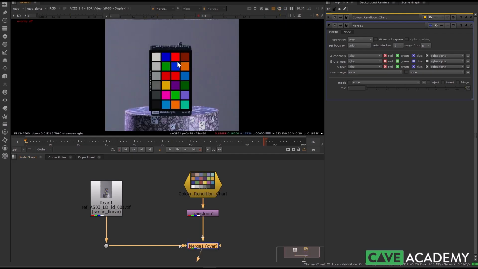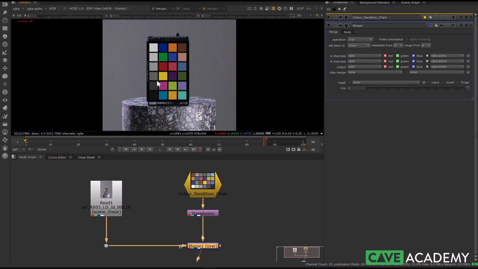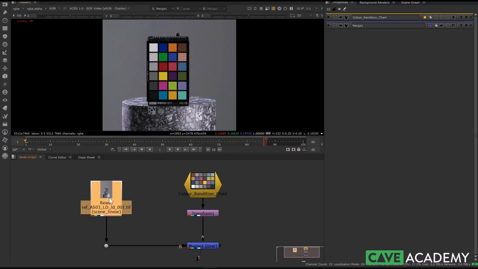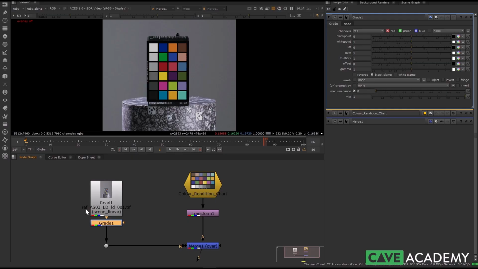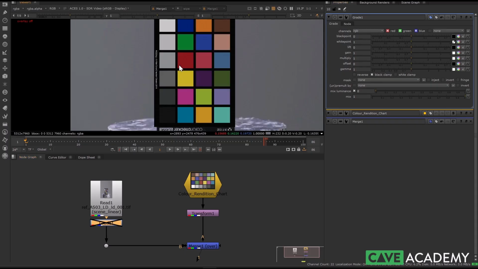So let's take a look at how we can neutralize it. There are a couple of ways. I'm going to show you a simpler one, and then we're going to try another one to get a better match. The first method I mostly use is a Grade node, and then we disable it so that when we sample, the viewer doesn't go disco. And I just go where it says white point and pick